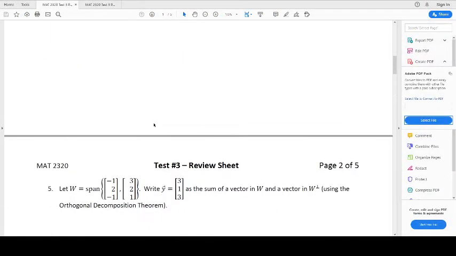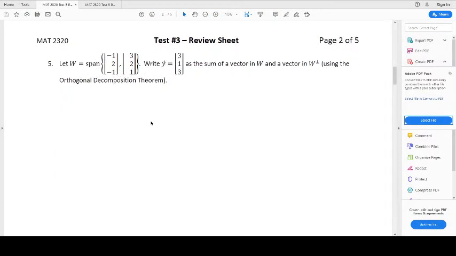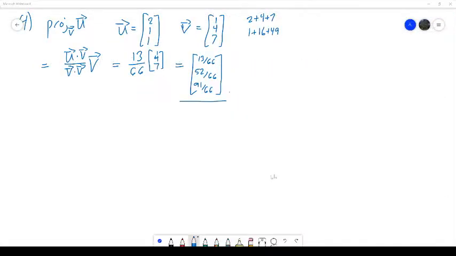Okay, and then number 5, we want to write this y vector as the sum of a vector in the subspace W, which is defined by this span here, and a vector in W perpendicular, and it's the orthogonal decomposition theorem we're using to do this. So to start here,